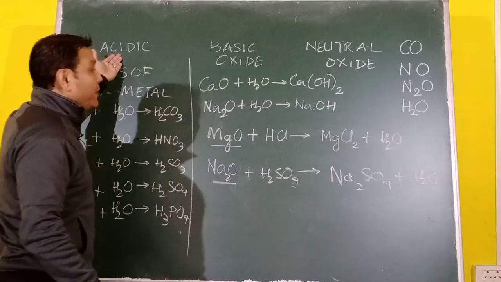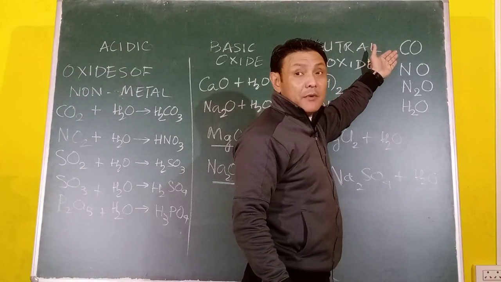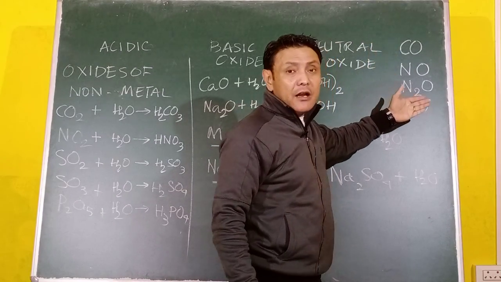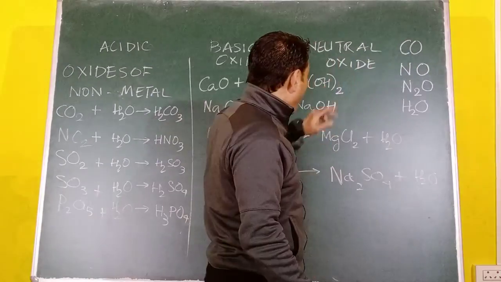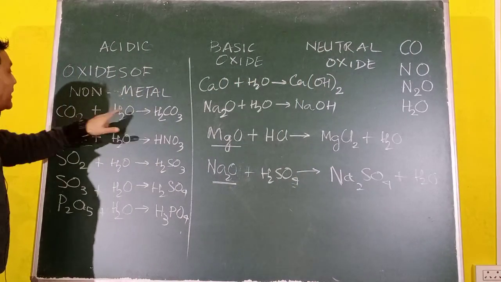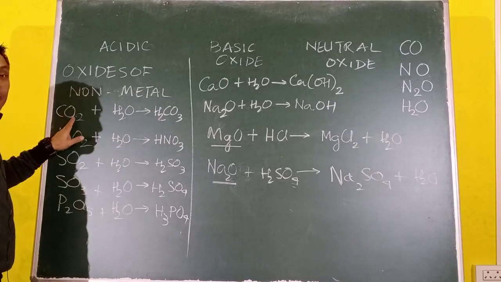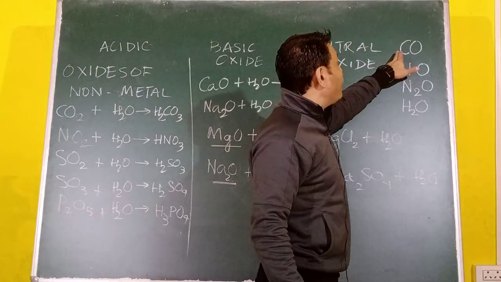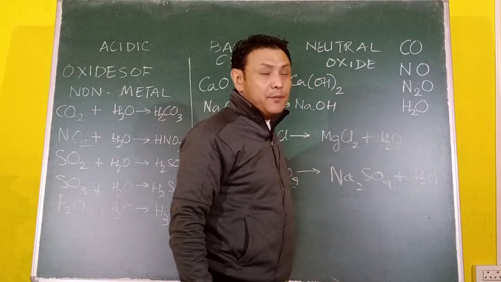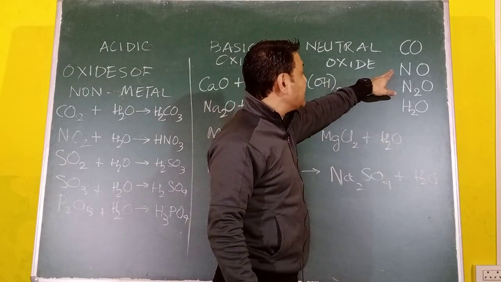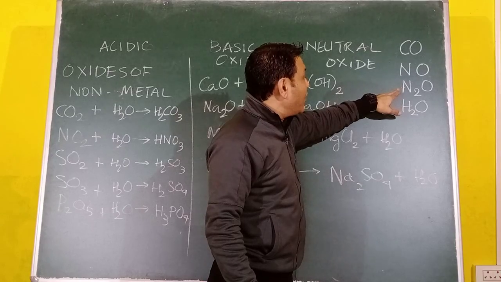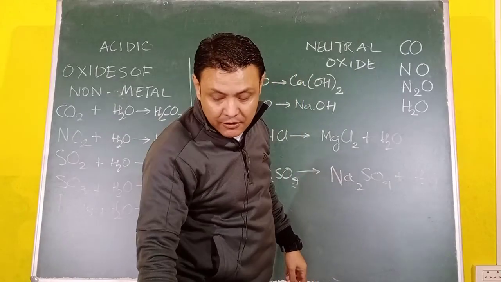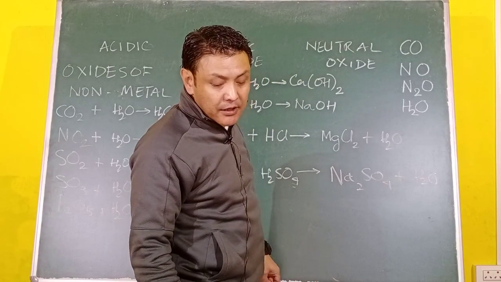Oxides of nonmetals are supposed to be acidic, but there are some exceptions to the rule: oxides of carbon, nitrogen and hydrogen are neutral. For example, carbon dioxide is acidic in nature, because it dissolves in water to produce carbonic acid. But carbon monoxide is neutral to litmus. Therefore, it is neither acidic nor basic. Similarly, nitric oxide, nitrous oxide and water, dihydrogen monoxide. So these are neutral